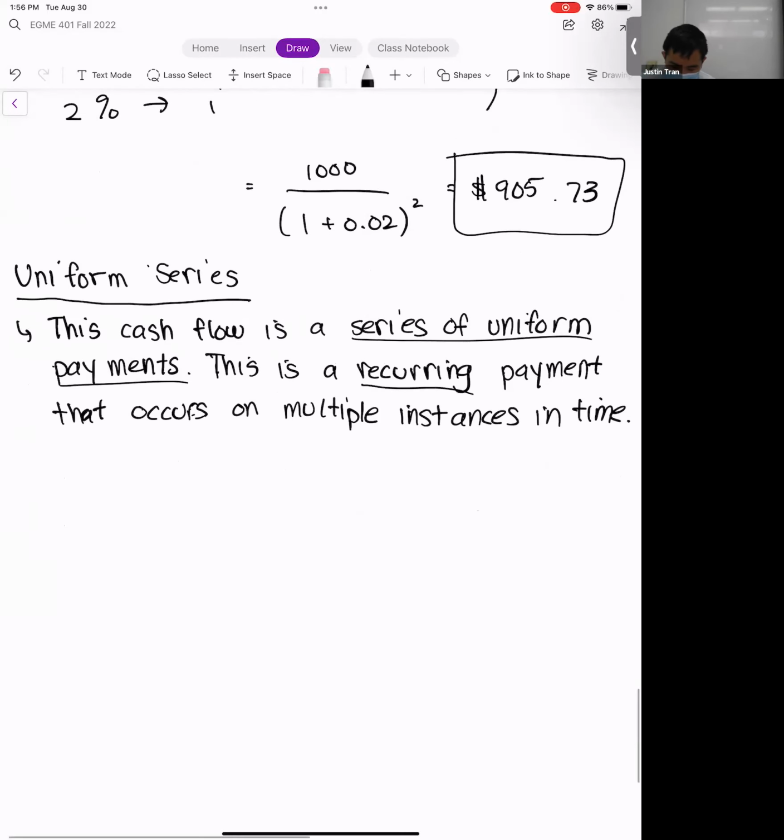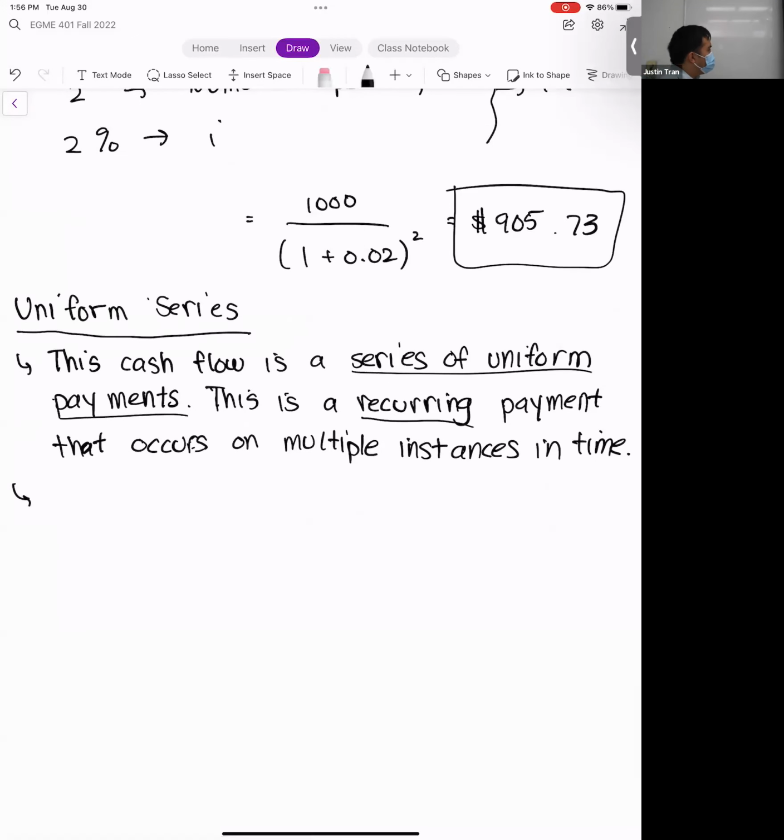Okay. All right. And it may seem not obvious now. And so if you've been looking at the previous equations, we have a letter symbol for each of these different cash flows. And so for present sums, we use P, because P for present. For future sums, we use F for future sum. And for uniform series, we're going to use a letter that doesn't appear in uniform series at all. And so we're going to use A to represent a uniform series.